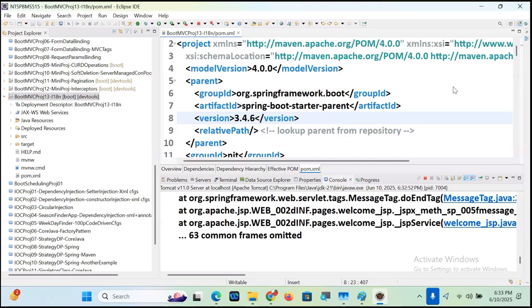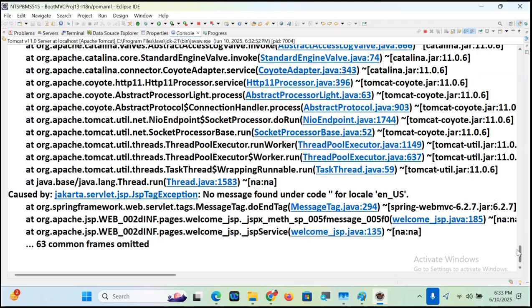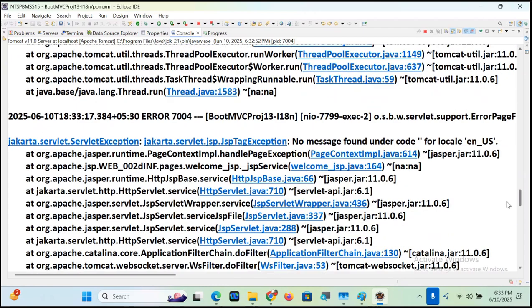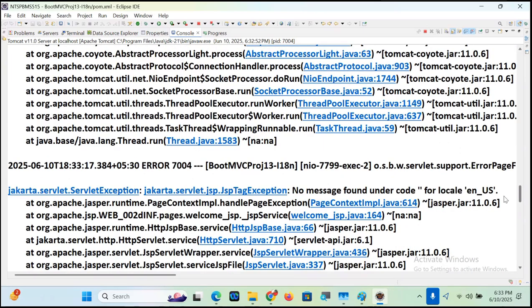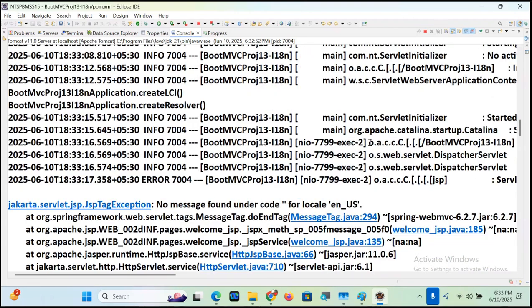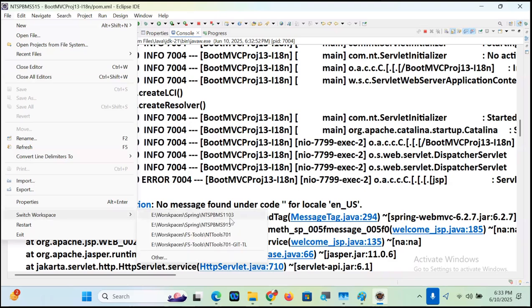Okay. No message found under this. Message found under what? Just a minute. A similar application I developed already. The batch 7 is